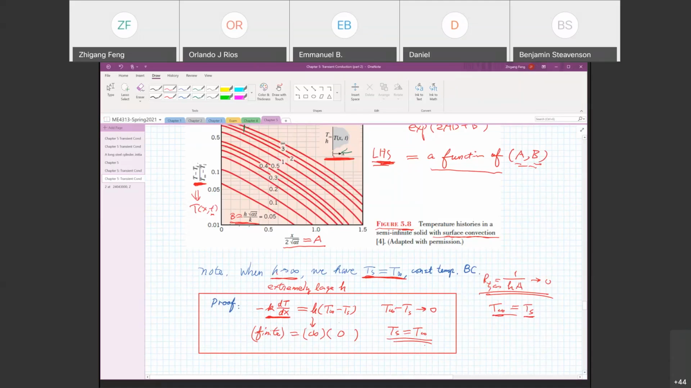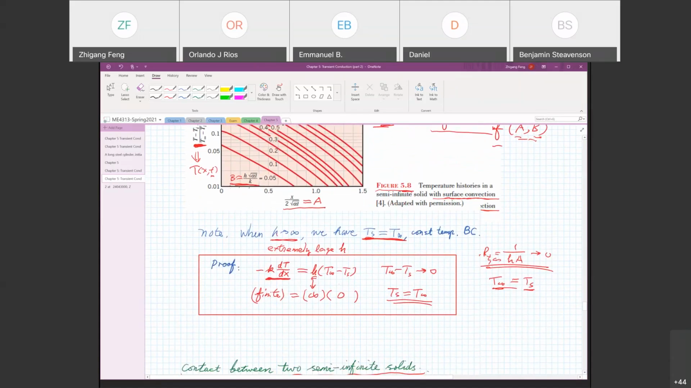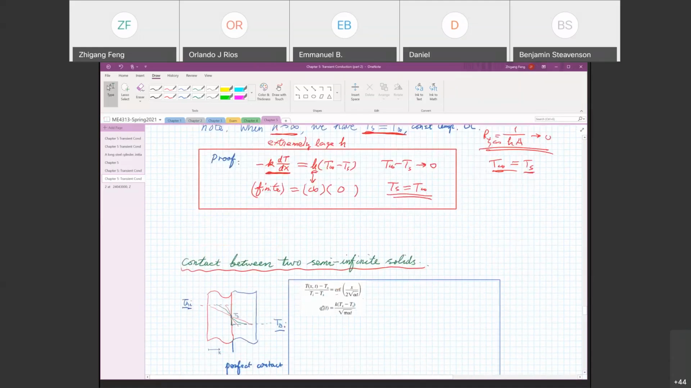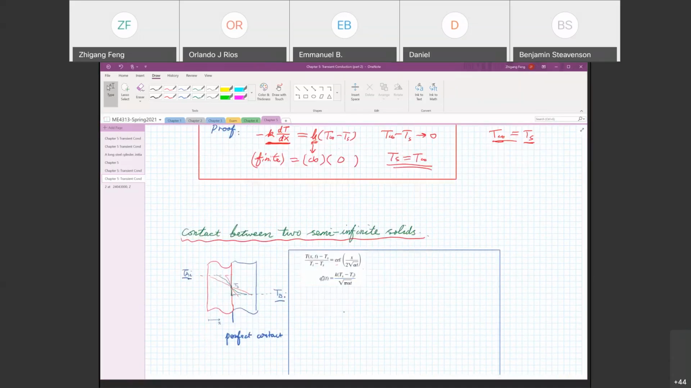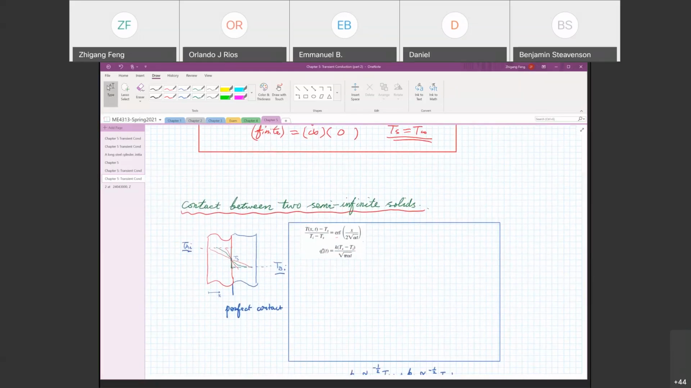Okay? So that's a consequence when you have a very large convection coefficient. So you can use the constant surface temperature solution when you have a very large h. Okay. Next, by using the solution of constant surface temperature, we can determine the temperature at the interface of two